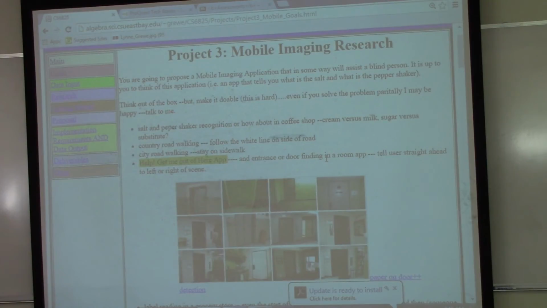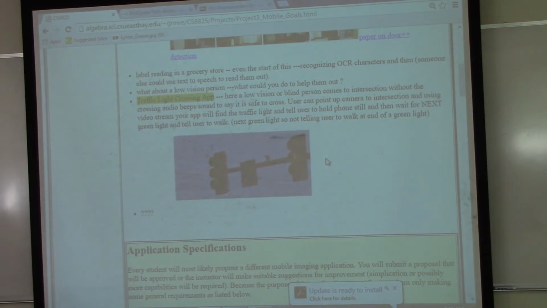That could be helpful. Maybe you want to know the difference between the salt and pepper shaker on their kitchen table. It's your imagination, okay? Maybe you want to help someone walk across the sidewalk, following the lines. So even though blind or low vision seems a little limiting, it doesn't have to be completely blind. It could be assistive rather than completely, you know, there's a lot that you can do.